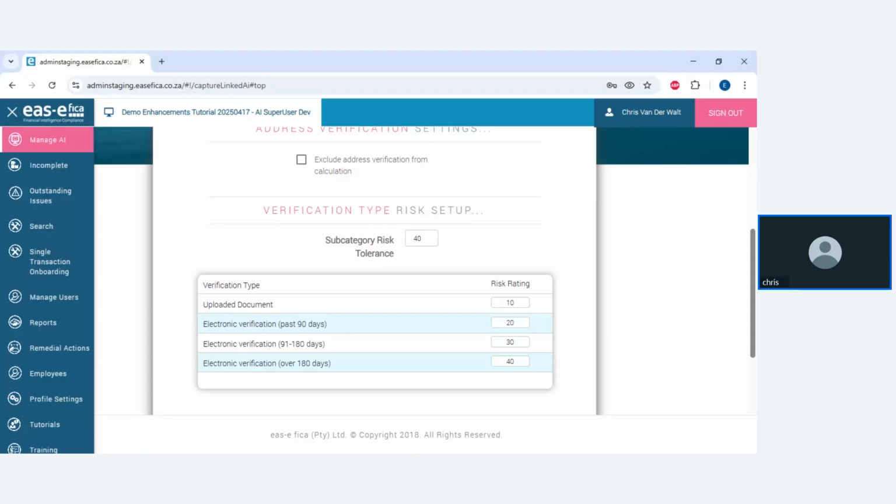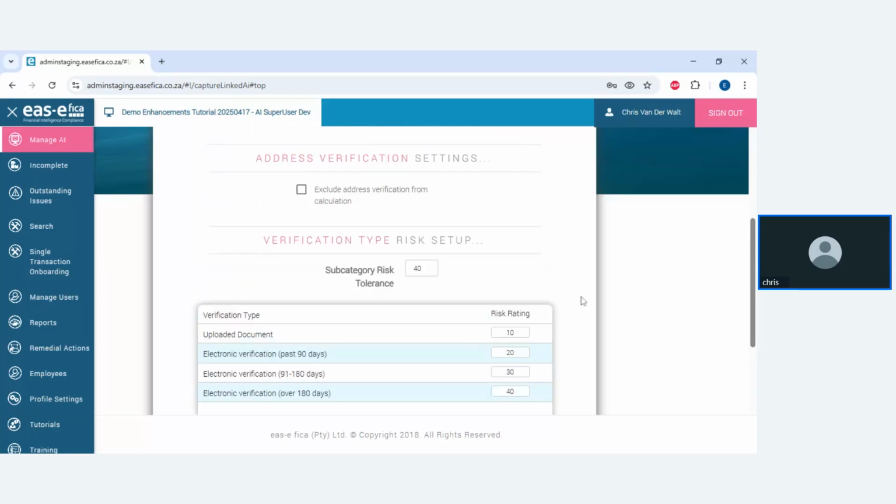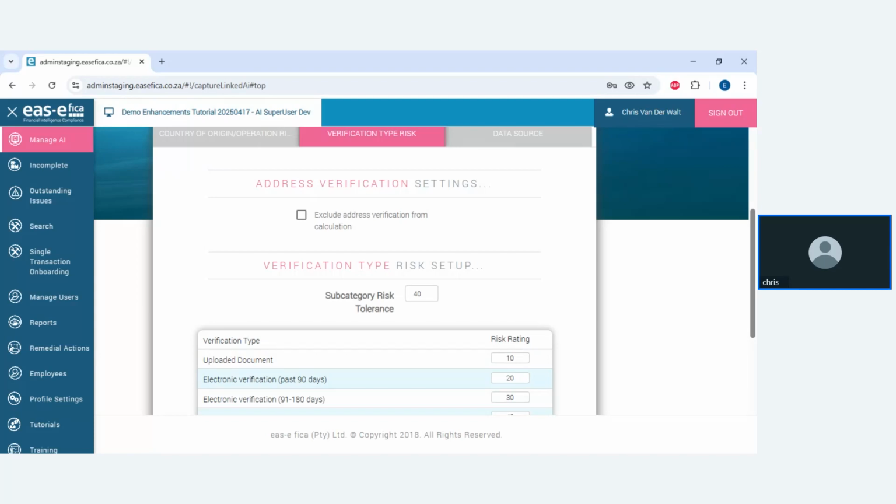So in addition to bank account verification, going to Home Affairs or to the National Credit Database, or even obtaining a hard copy of the client's identity document, address verification serves as an additional means of establishing and verifying your client's identity. We have found, however, that in terms of the remedial actions, a disproportionate number of remedial actions are triggered on the system by virtue of its failure to verify electronic addresses.